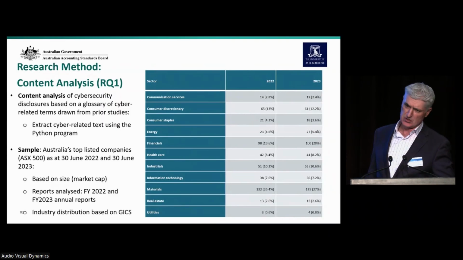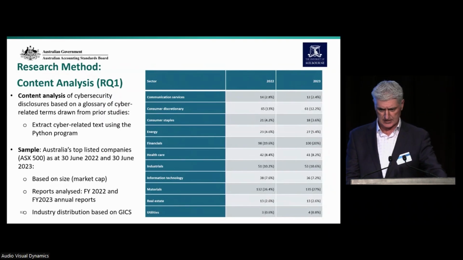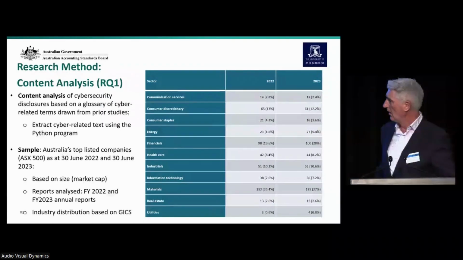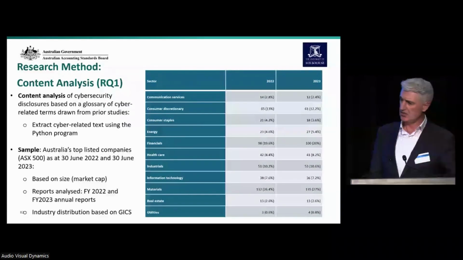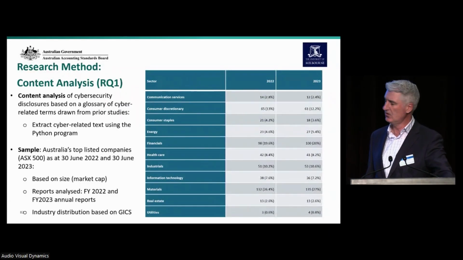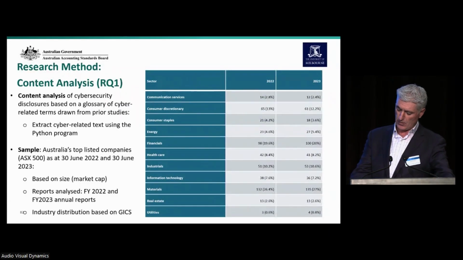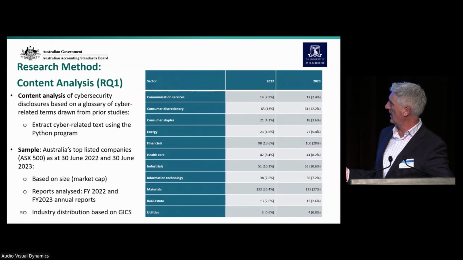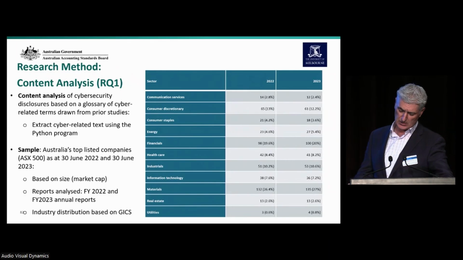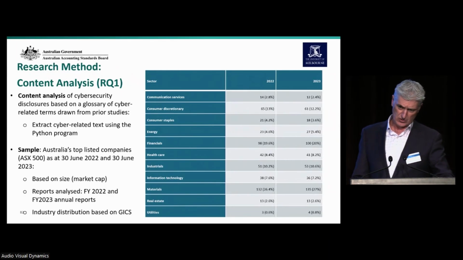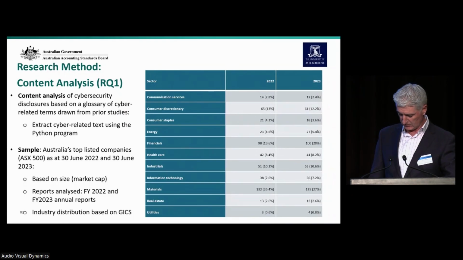So this is the industry distribution of the sample companies across both years based on the GICS classification scheme. And you can see that from our sample companies, it's the materials industry which is most represented, and the utilities being least represented, but all 11 industries in the GICS classification code have been represented. For each of the sample companies that we've identified in the ASX top 500, we download